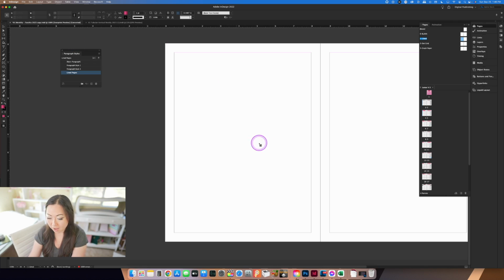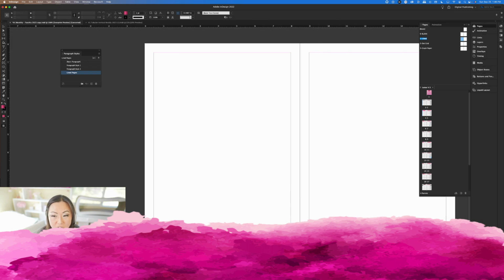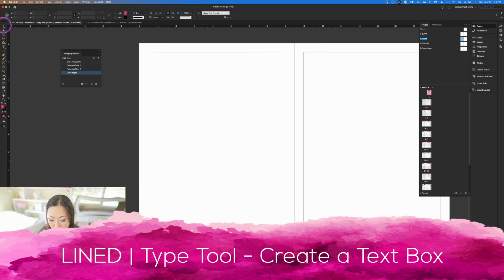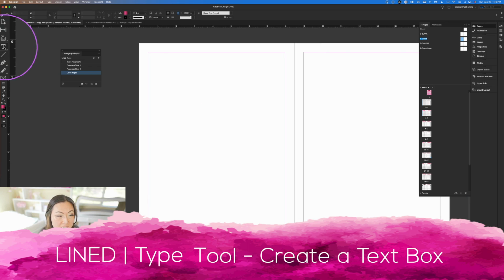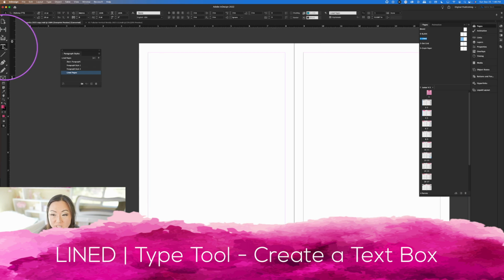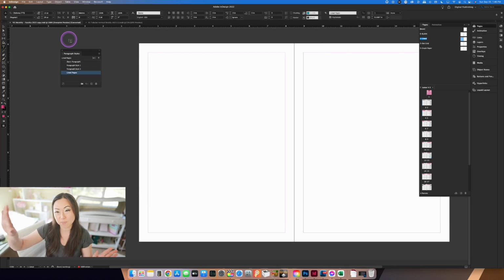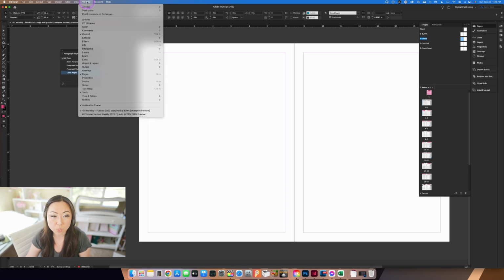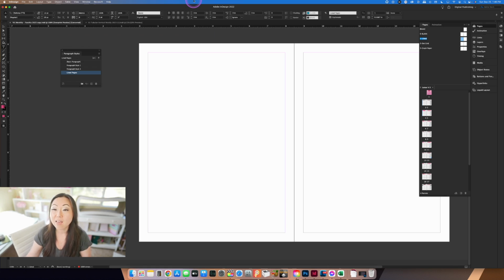Now over here on my actual page, I am going to grab the type tool and create a text box. So over here on the left, I should see a T, and I'm just going to hit that once, make sure it's selected. Now, if you don't see the same exact layout I have, go over here to Window, Workspace, and make sure there is a check in front of Digital Publishing, that will look exactly like the workspace I have. So I want my lines to be probably just right here at this little margin, but I want them to span all the way from left to